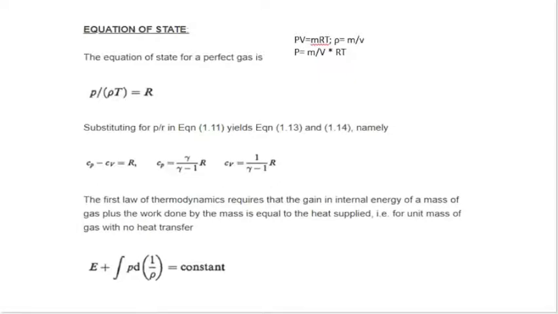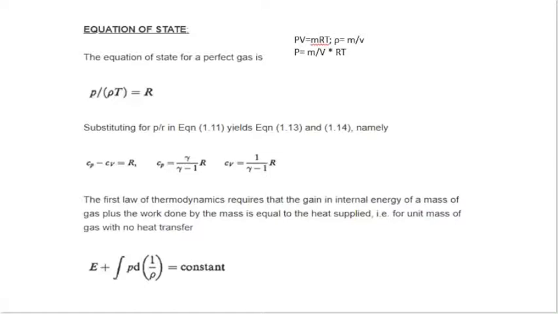First, for equations of state, write the perfect gas equation. What is the perfect gas equation? That is PV equal to mRT, where P represents pressure, V represents volume, m represents mass, R is the gas constant, and T represents temperature. We know density rho is equal to mass by volume, rho equals m by V. So instead of m by V, substitute rho, and you will get P equal to rho RT. Rearranging the equation to get the R term out, R equals P by rho T. That is what you are seeing in the main equation.